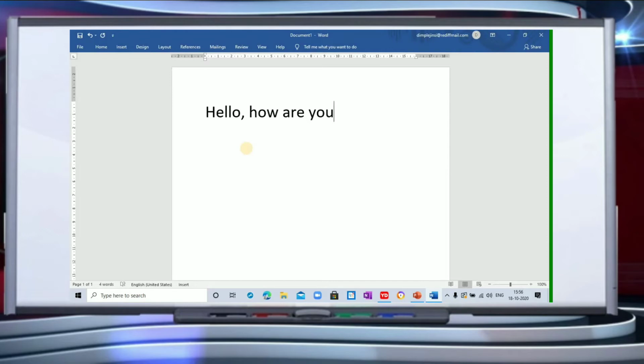Now children, see, once I started typing, you can see the cursor is also moving towards right. Now where we have finished writing you, it means your cursor is here now, right? So cursor will move along with whatever you type.